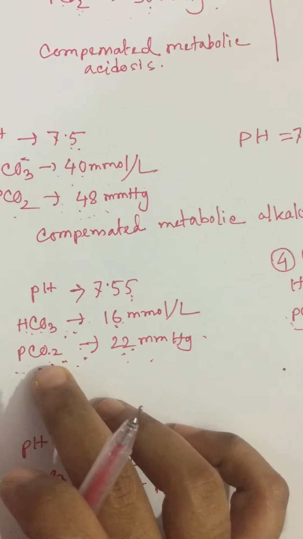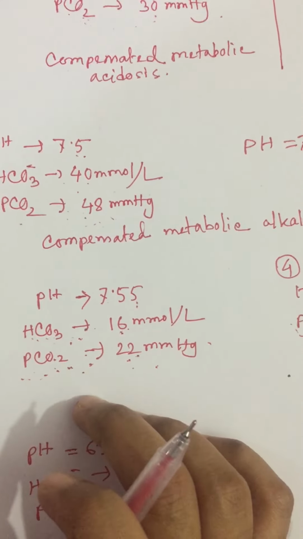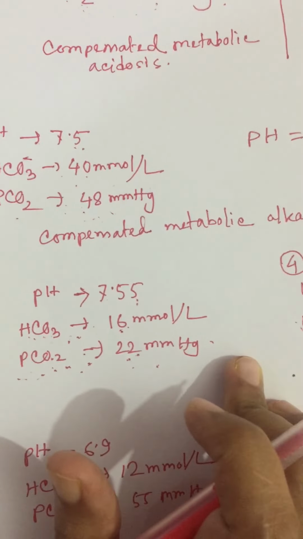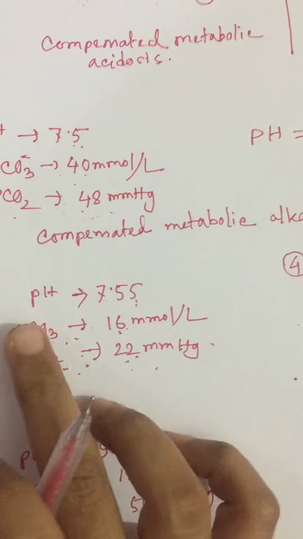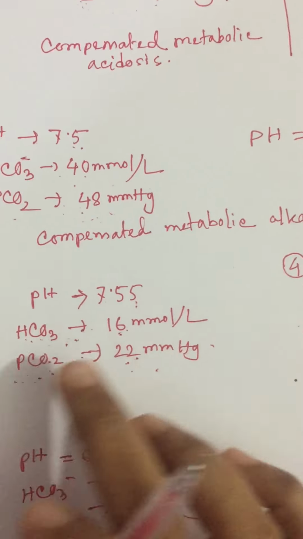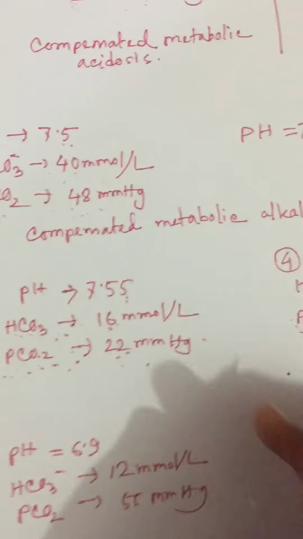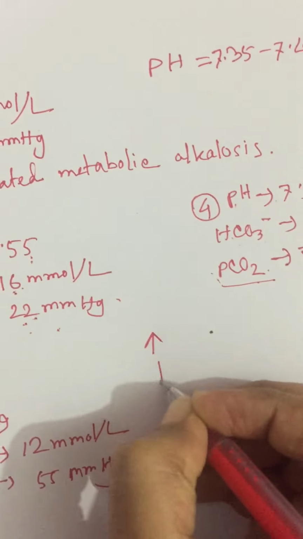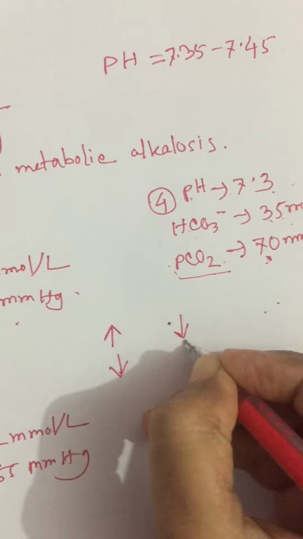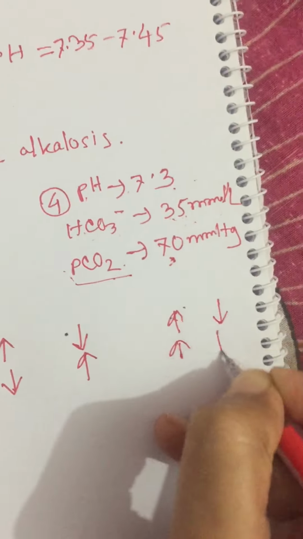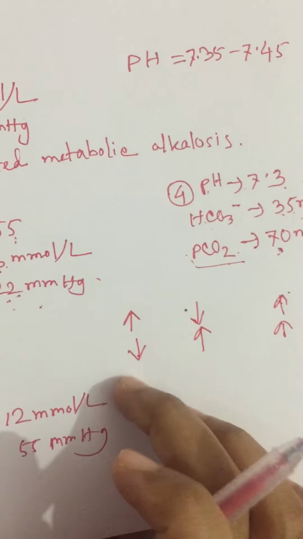If the primary defect is a decrease in partial pressure of carbon dioxide, bicarbonate level will also be decreased. But what if bicarbonate level is low and partial pressure of carbon dioxide is high? That means the directions are opposite. We will call this condition mixed